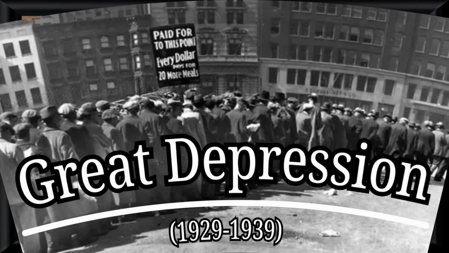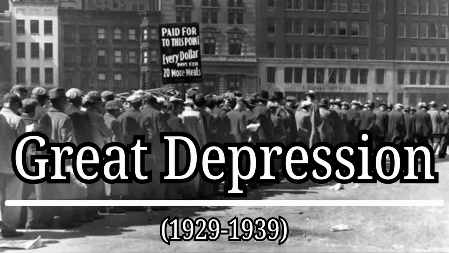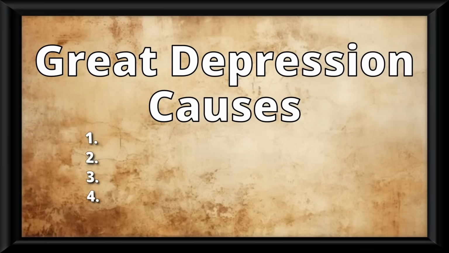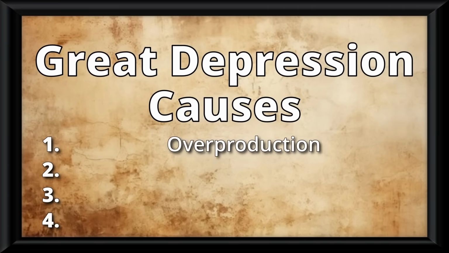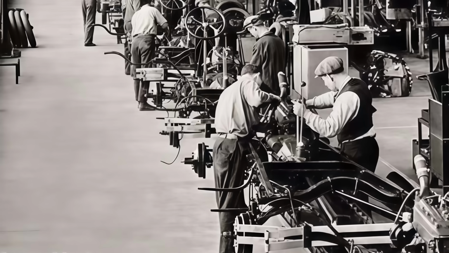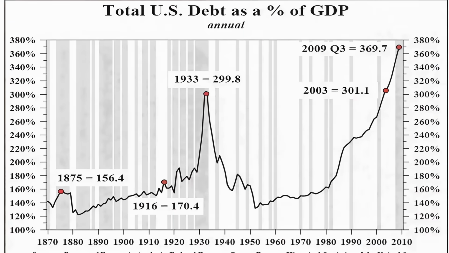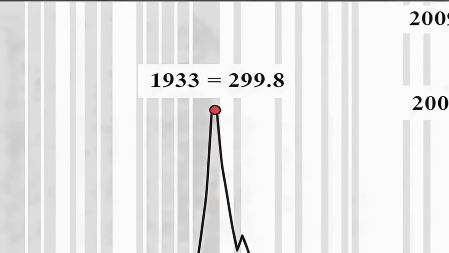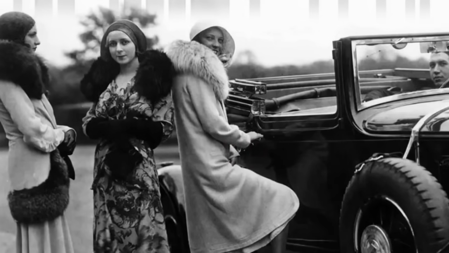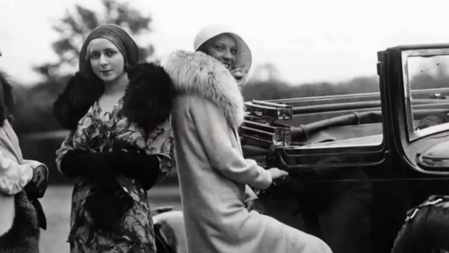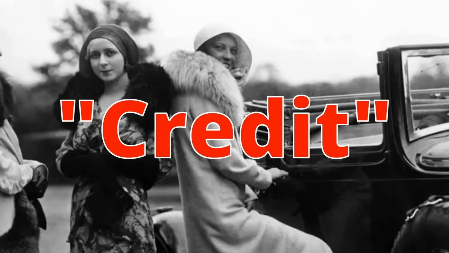So if the 20s are so glamorous, how exactly can something like the Great Depression even happen? Here's your answer, with 4 reasons. The first is simply overproduction, because the American economy was so industrial that during the 20s, it produced more goods than people could buy. The second is debt, because pretty much all consumers and businesses were deeply in debt. The reason for that is that all the lavish things bought by these people in the 20s were purchased through things like credit and not actual real paper money.